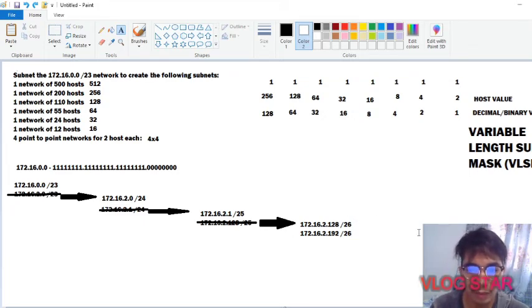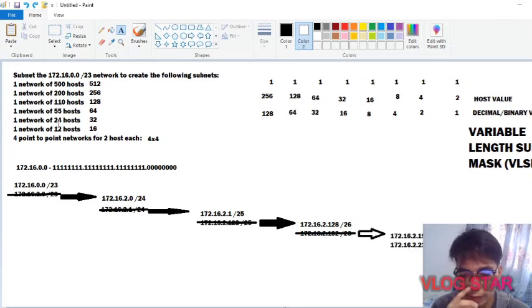We will stay with 172.16.2.128 and use 172.16.2.192 for the next network. We will use 172.16.2.192 with the /27 prefix, and the magic number for that is 32. So 192 plus 32 would be